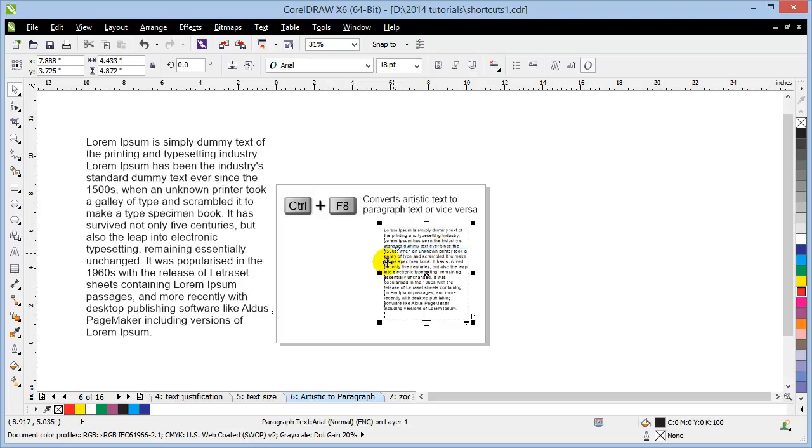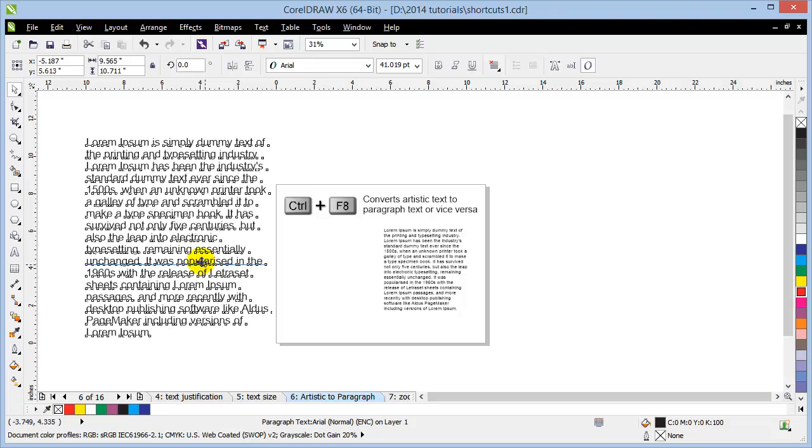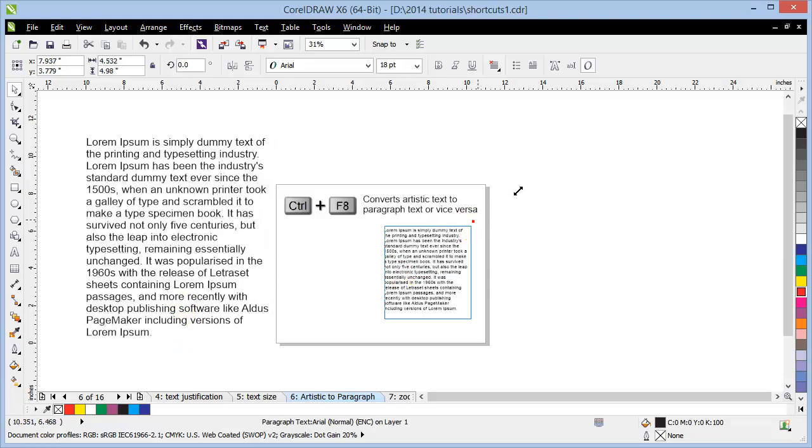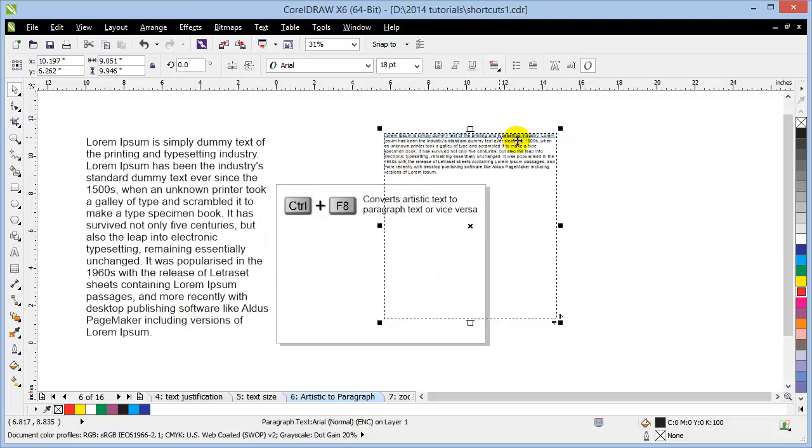Not like this one here. This is still paragraph text, and you know it's paragraph text because you have these two squares there, while this one is artistic text. It doesn't have those squares. But anyway, if I increase the size of this, it would just wrap into the rectangle, but it doesn't increase